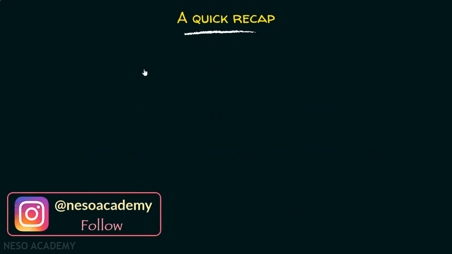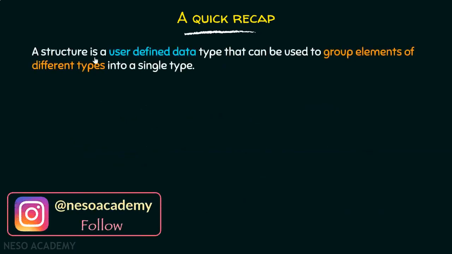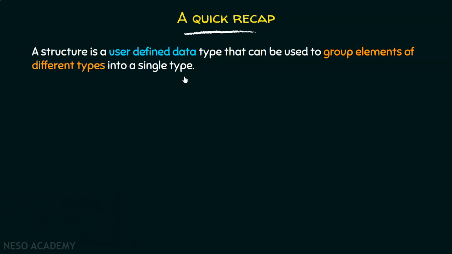Here is a quick recap of what a structure is all about. A structure is a user-defined data type that can be used to group elements of different types into a single type. We have already learned what a structure is in our C programming lectures. A structure is a user-defined data type. First of all, it is defined by the user, and it is used to group elements of different types into